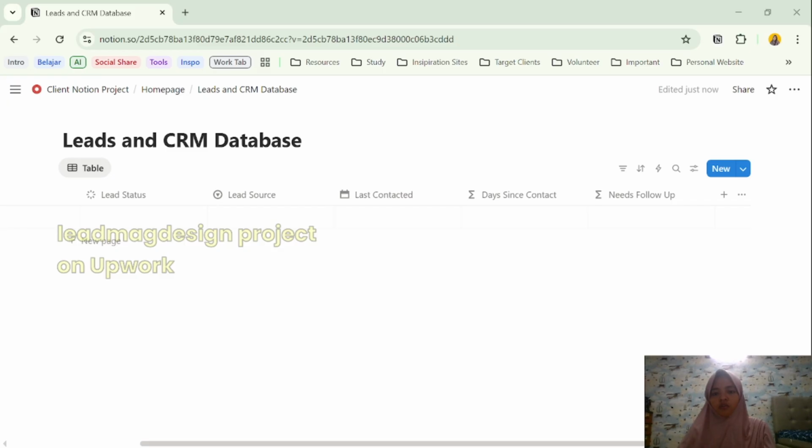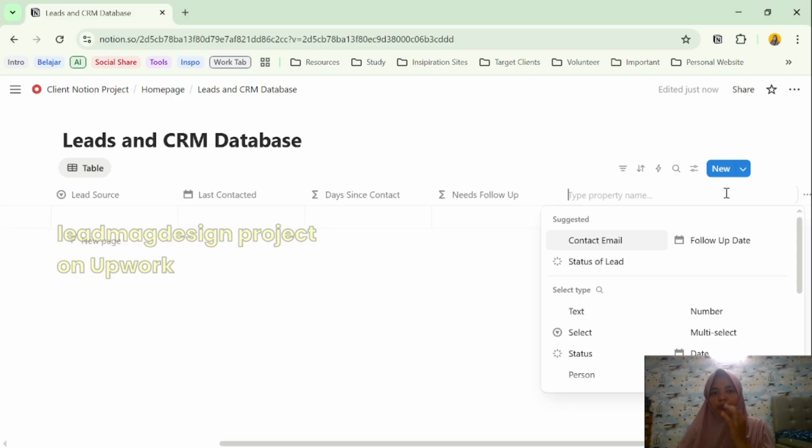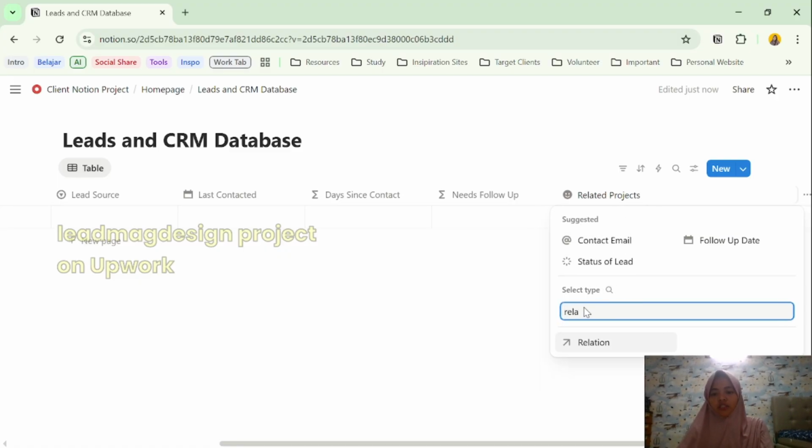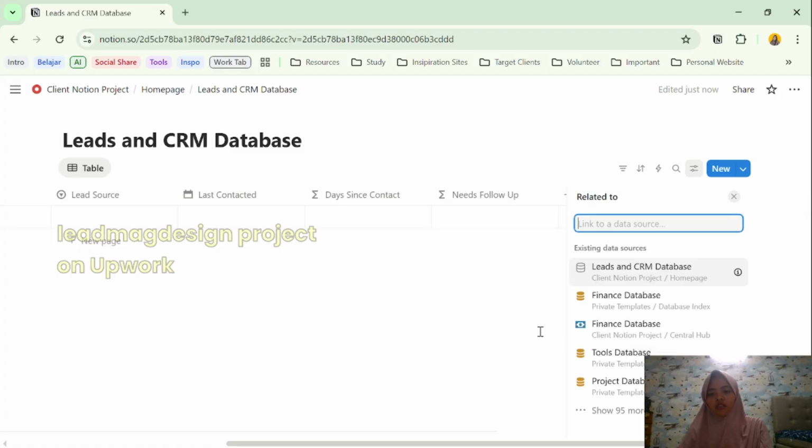Our first related property in this database is related projects. We just have to find relation, and since we haven't made our project database, we can just